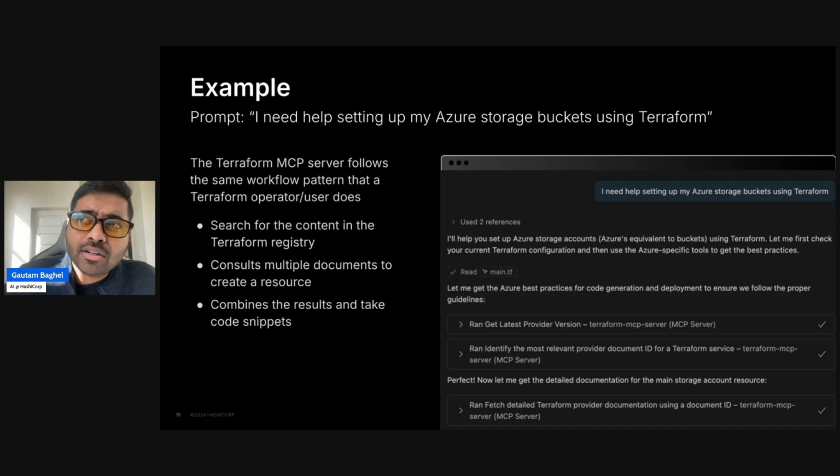Now, as models get better and better, they're hallucinating less and less and doing all that good stuff. You might start to question, like, okay, I think it's good enough. I don't need to have these kinds of special features. But also think about the DevOps practices you've established within your company, right? Like if there is a private module that you have, or if there is a private provider that you have,